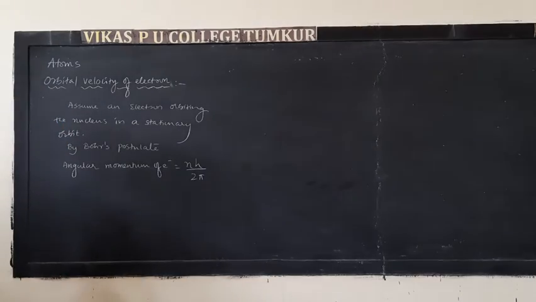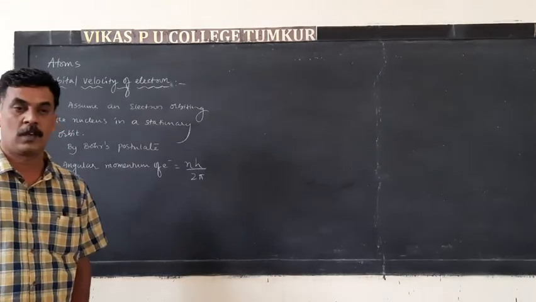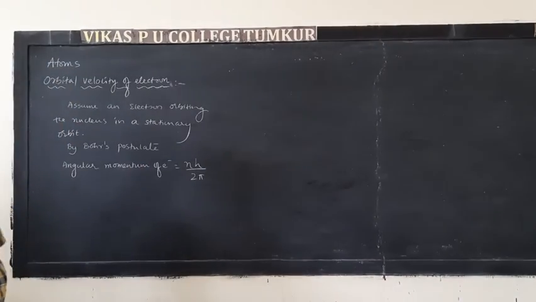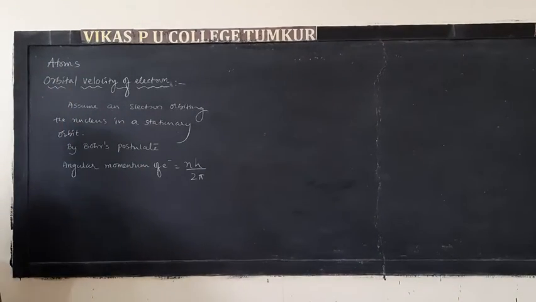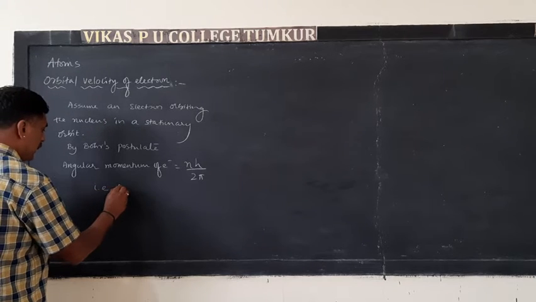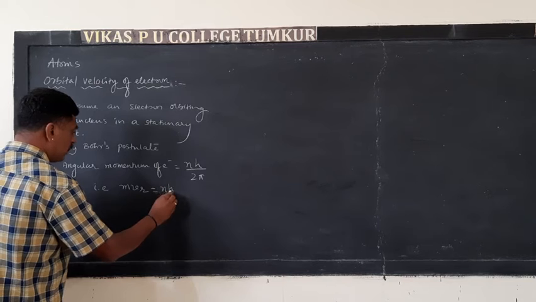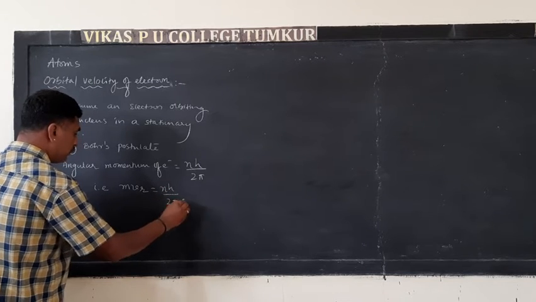This is one of Bohr's postulates, and this condition is called Bohr's quantum condition. That is, in mathematical form you can write mvr is equal to nh by 2 pi,